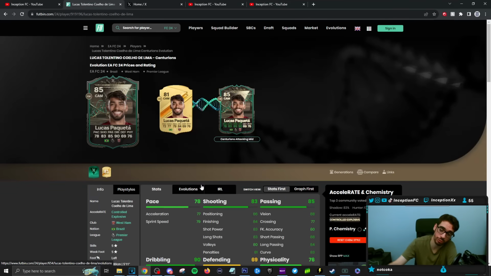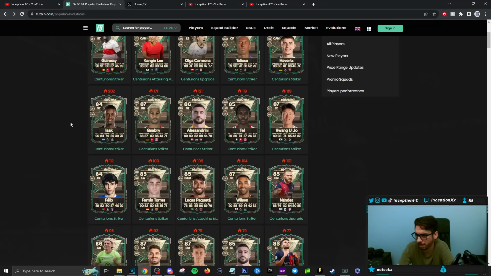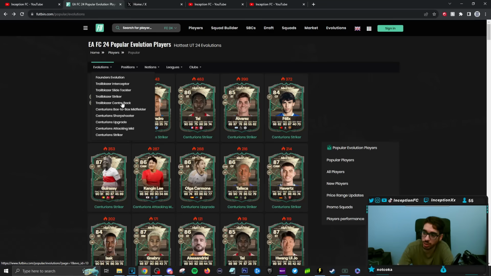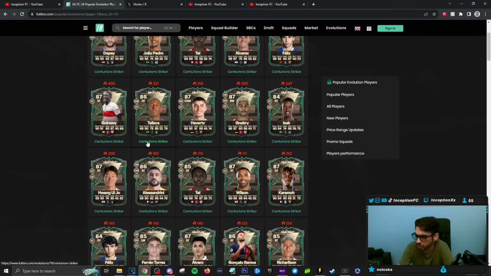Oh, look, they did a card for me. Look at that. Centurions attacking mid. We have to check out these ones afterwards as well. Hunter chemistry style probably on that bad boy. Yeah, it's mostly a Centurion striker that's like trending right now. So we'll just keep that one as the main one for now. What else do we got here? So Tell, Wilson,